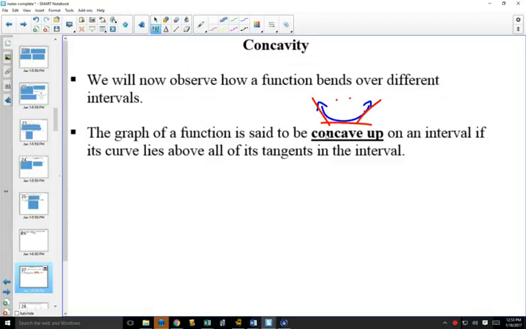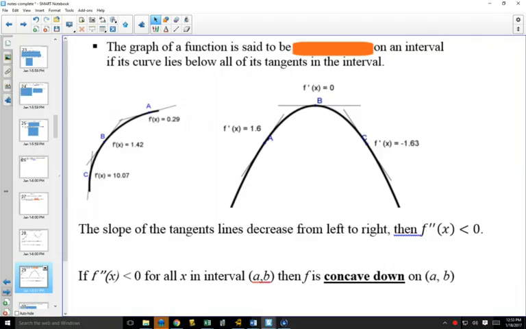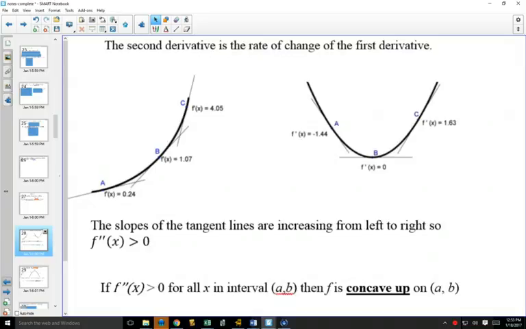There we go, add the eyes. Because that is concave up. Similarly, so here is, well, before we get to concave down, here is a bunch of curves that are concave up. So when we're looking at something that's concave up,